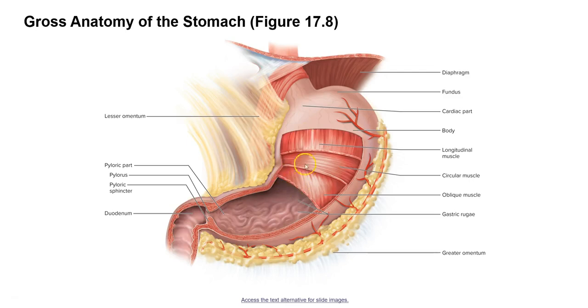Now you will also notice that the muscle layer of the wall of the stomach, instead of being made of only two layers of muscle like we normally see, a circular and longitudinal layer, has a third layer of muscle in the stomach called the oblique layer. This layer adds an extra amount of force to allow the stomach to churn food more efficiently and mix that food together with the hydrochloric acid and some of the enzymes present in the stomach to liquefy that food